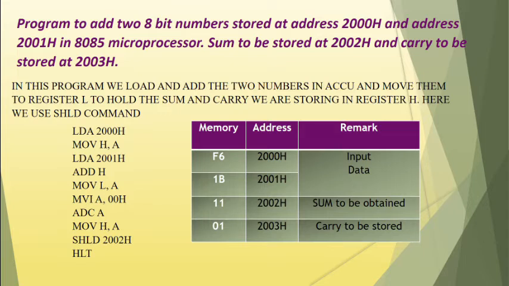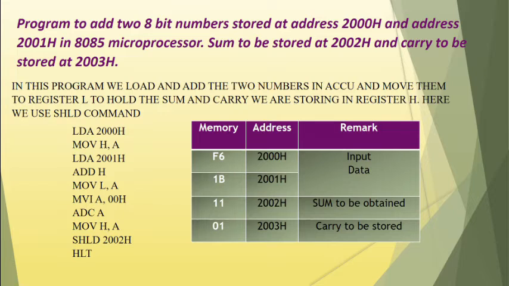This command will clear the accumulator, and thereafter we will use ADC A. Now A is 0, and it will be added to the accumulator, so there is no difference in the contents of the accumulator. But if the carry is generated, then the carry will be added and the content of the accumulator will be incremented by 1. If carry is not generated, the contents of the accumulator won't be incremented and it will